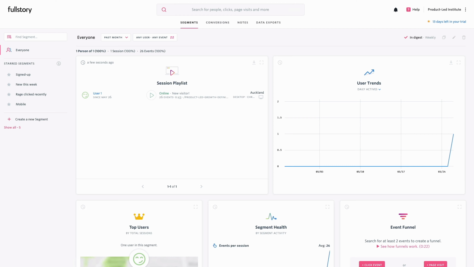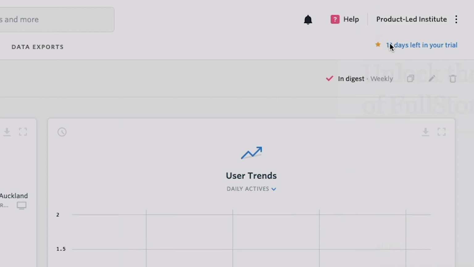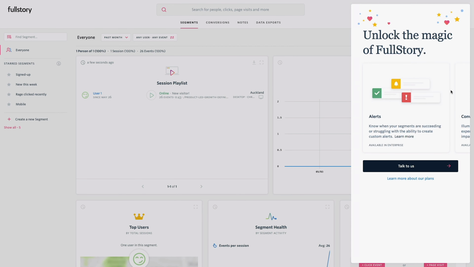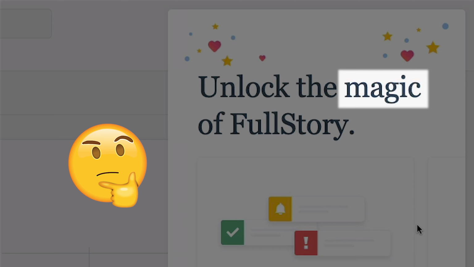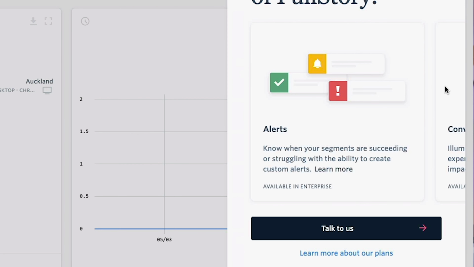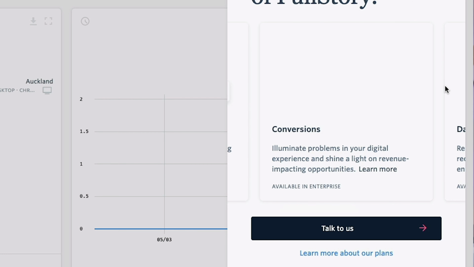There are a few places in FullStory that lead you to buy the product. First is if you click on the number of days left on your trial, this brings up this odd slider to the right. It reads, unlock the magic of FullStory. Magic, that's the first time throughout the site that I've heard that word, magic. You can scroll to the right to see the different features of FullStory